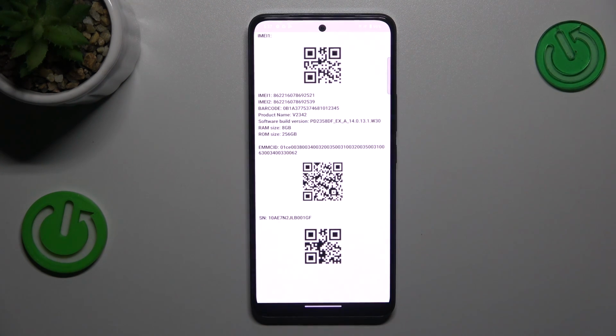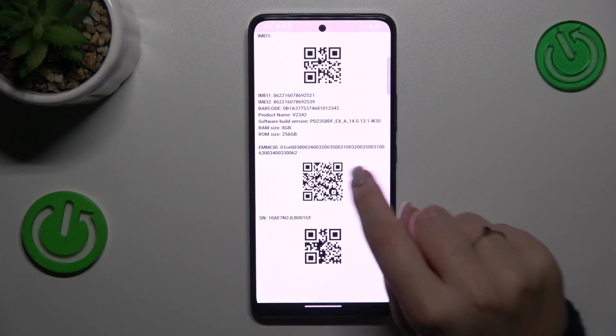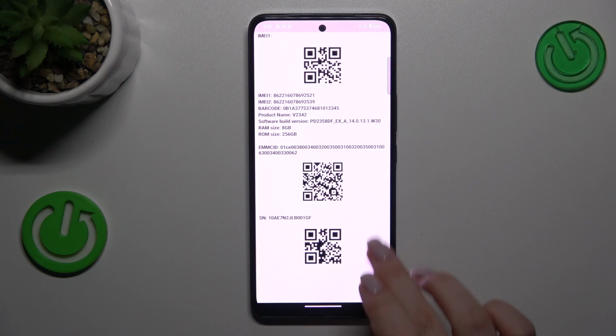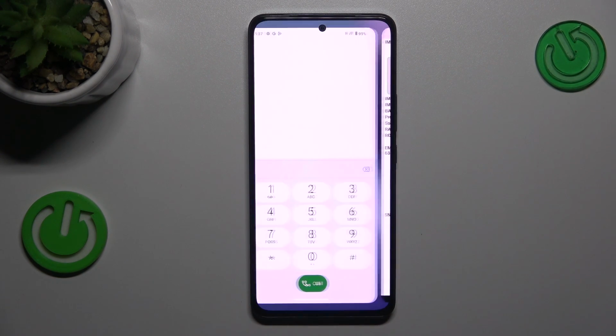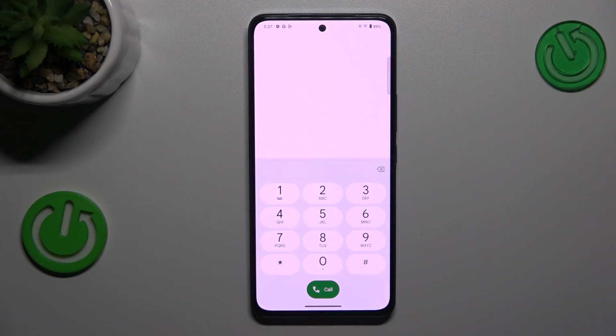Another code, which is *#09#. And this one will open, let's say, general information, because you can check the software, the barcode, again both IMEI numbers or the serial number. Let's go back and another code, which is